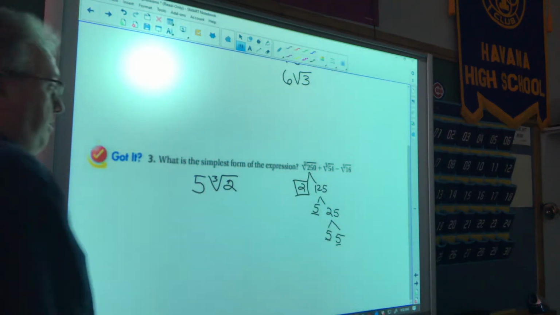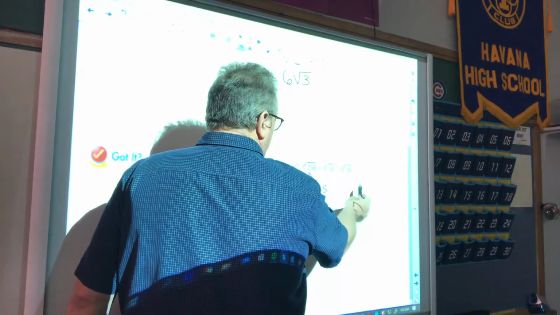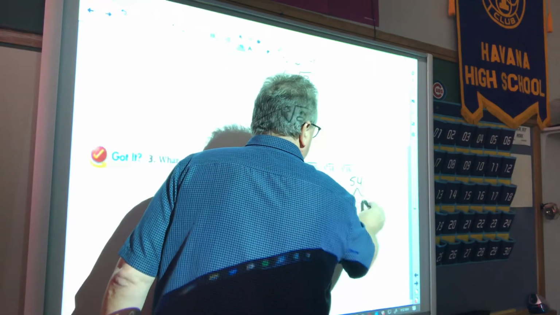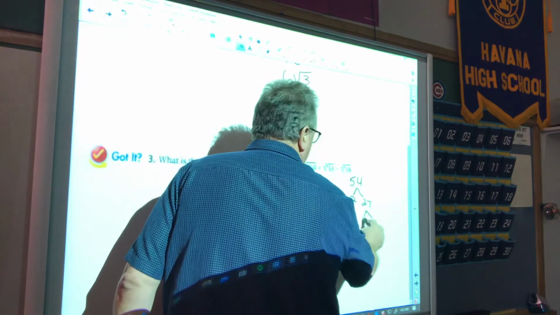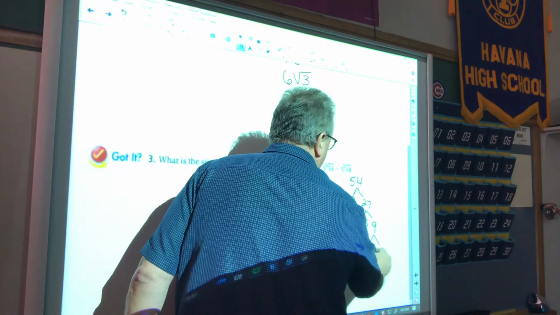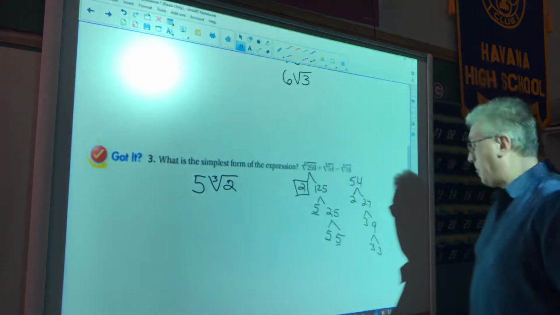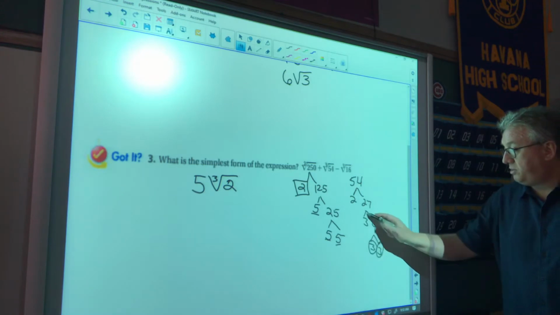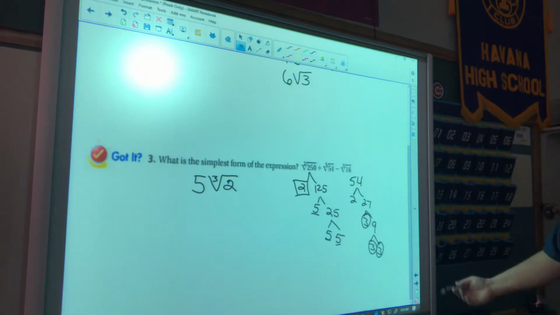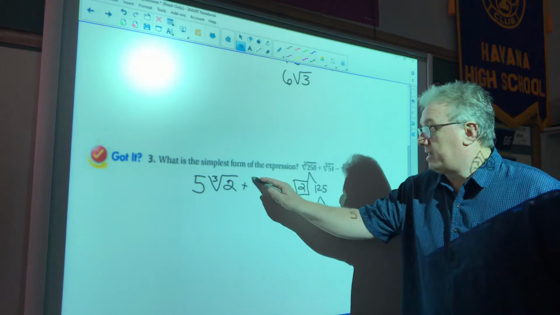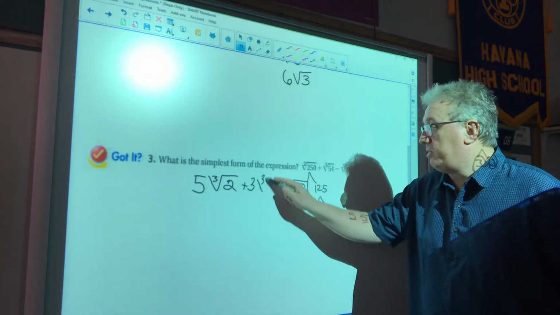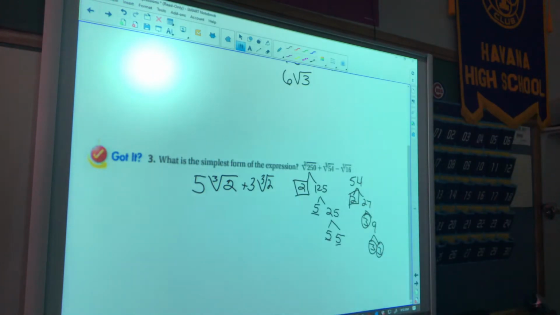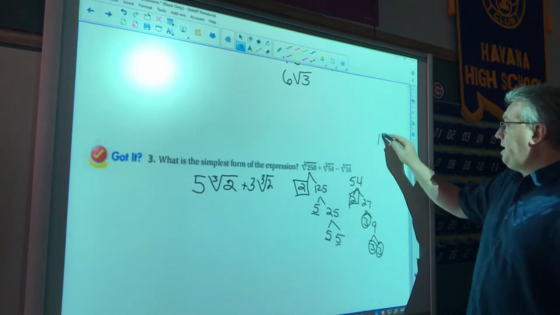Okay? Now, 54, okay, we're looking at cube roots. 54 breaks down to 2 times 27, 3 times 9, and 3 times 3. All right? So now we've got 1, 2, 3. Okay? So that comes out. And then we've got cube root of 2, because it's left over. Okay? And then the cube root of 16,